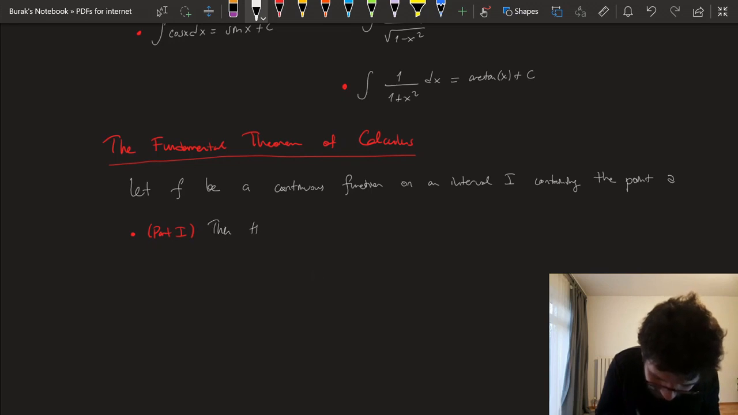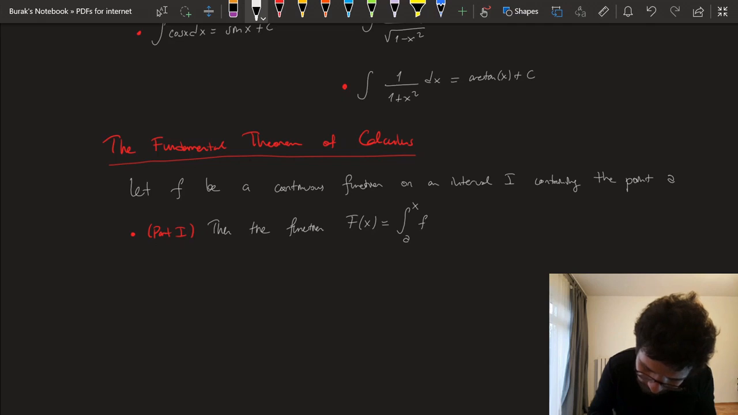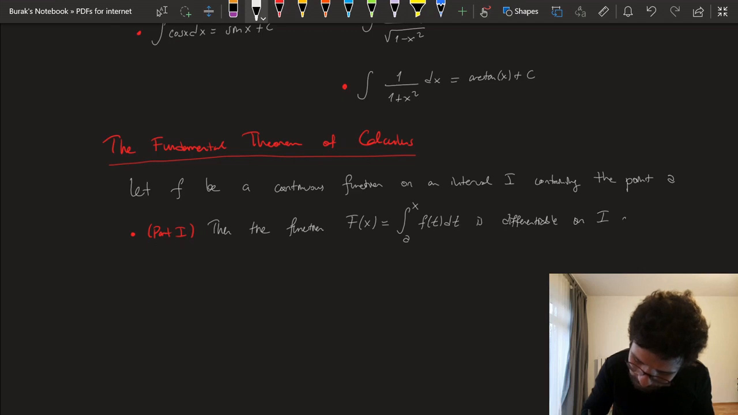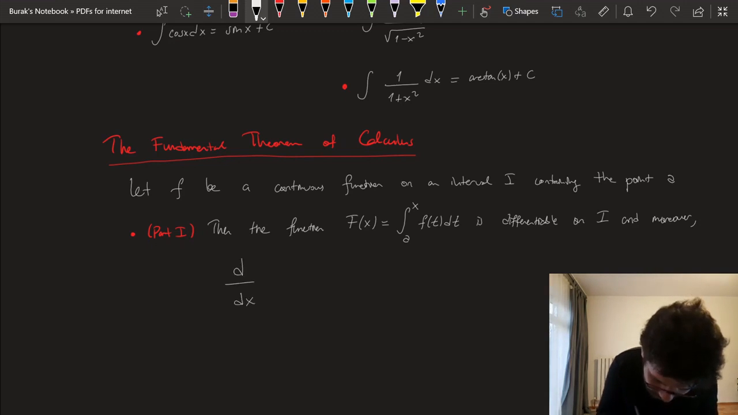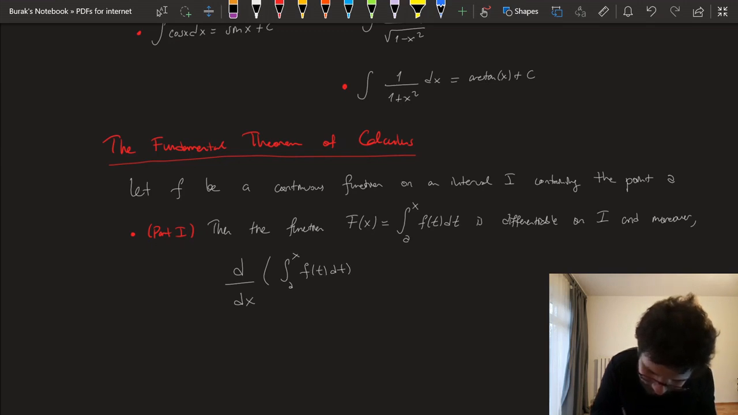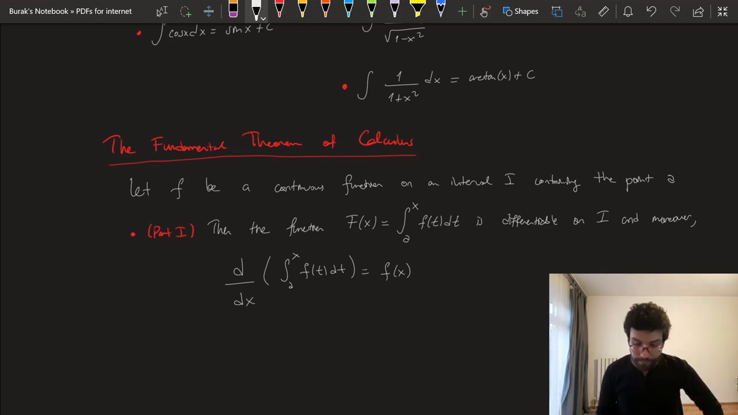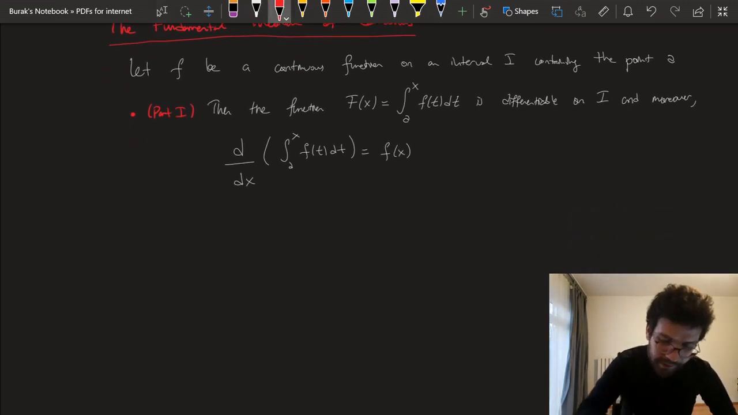Then the function big F of x defined by this rule is differentiable on I, and moreover the derivative of this function with respect to x is little f, okay? And the second part tells you that